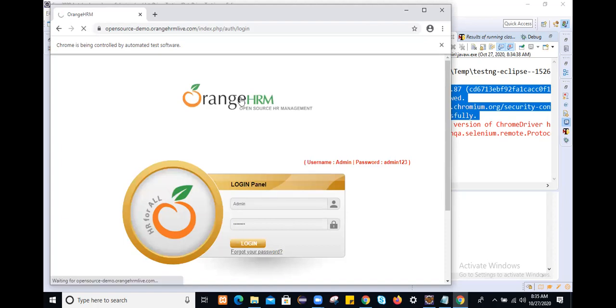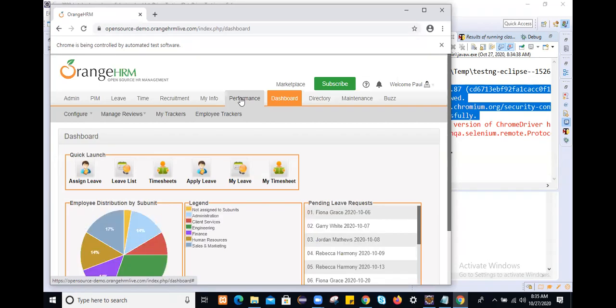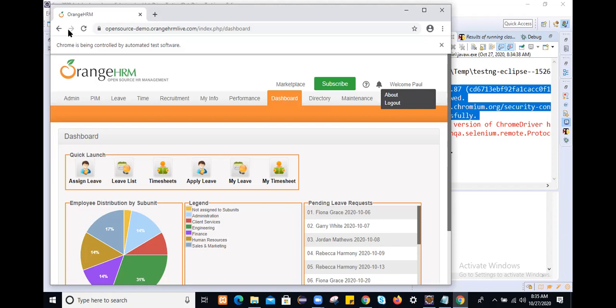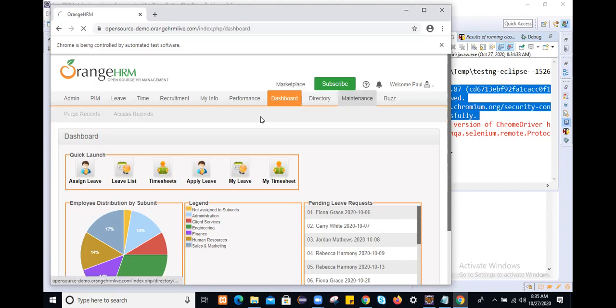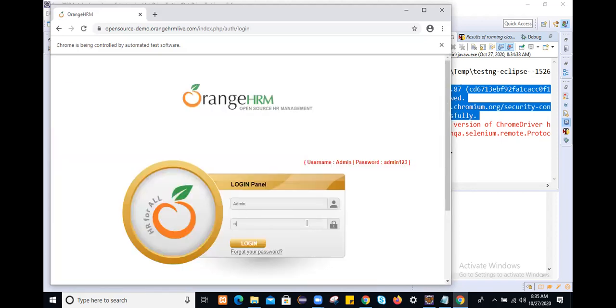So admin, clicked on login. Actually, we are not performing logout. That's why we get the no such element exception here. Once you log in to the application, we should log out. Click on this and then click on logout. Then only that web element will be displayed, and again it will perform login: clear the input text box and log in to the application like that.